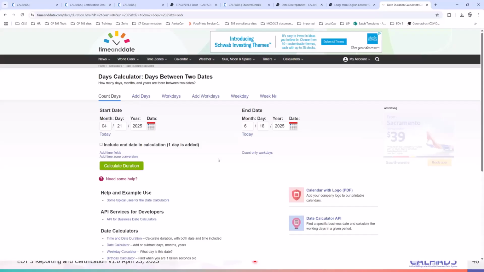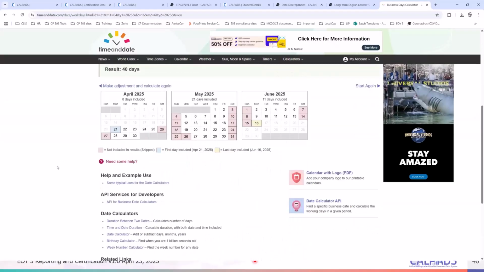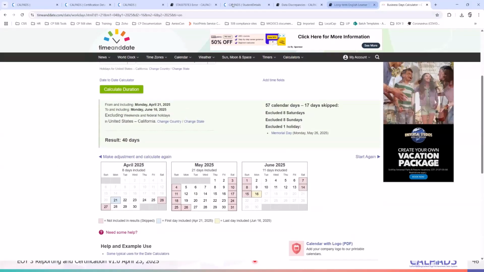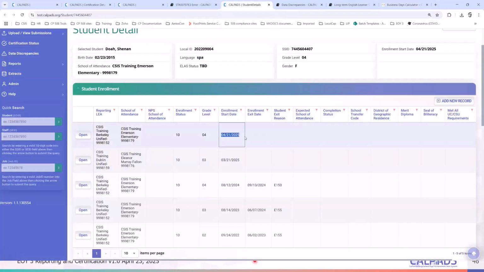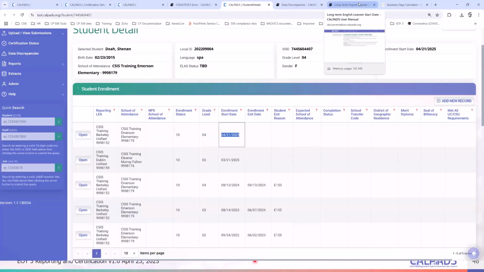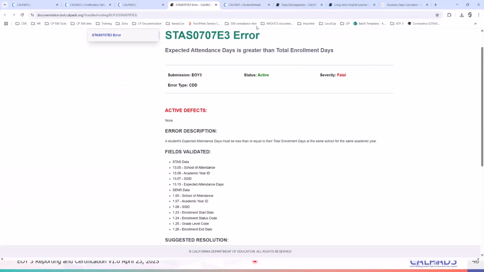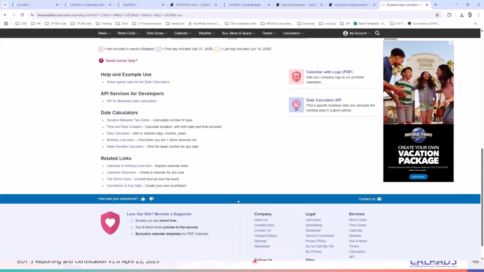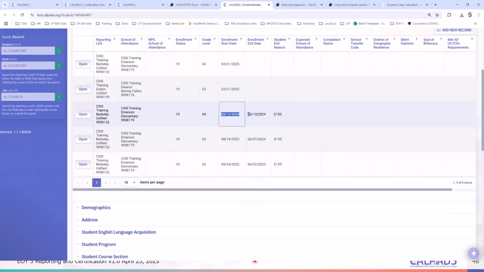And then include end date in calculation, count only work days, and then calculate duration. So based on that April 15 enrollment start date, and you've calculated your end date as June 16, CalPADS should only have 40 days of attendance days. Your STAS should only have the maximum 40 days of attendance days. Okay. Now, of course, you also have this enrollment.